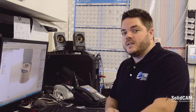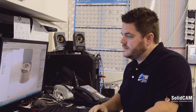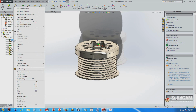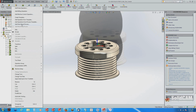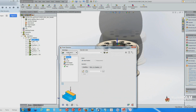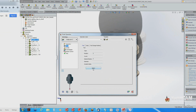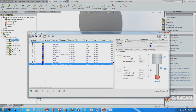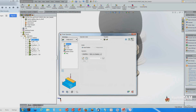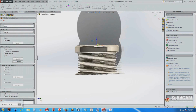Let me show you how easy it is to add a probe operation into SolidCAM. So here we're going to right click into our feature tree. We're going to add an operation right up here, add probe operation. So from there, when you first open it up, it's going to default to single point. This is what we want. Before I continue, I'm going to select a tool, which is already built into my tool crib. I just select it,